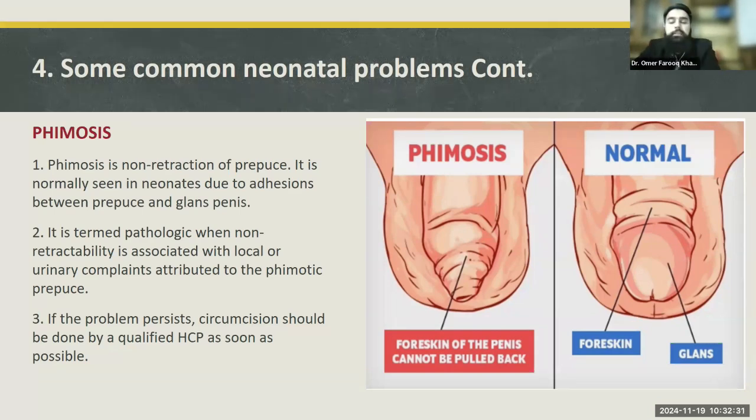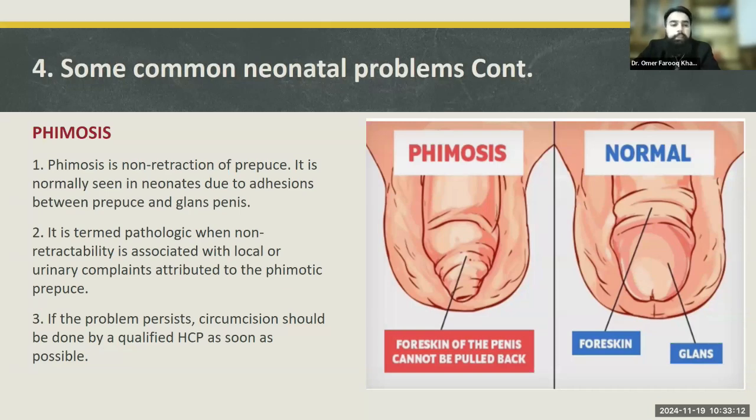So phimosis is basically, as we already know, if a baby is uncircumcised, then there is foreskin of the penis that covers the glans penis all the time. If that foreskin sticks to the glans penis and does not go back on the penile shaft, the shaft is the area of the penis behind the glans, the lengthy part of the penis when it is erect. So if the foreskin or prepuce does not go back